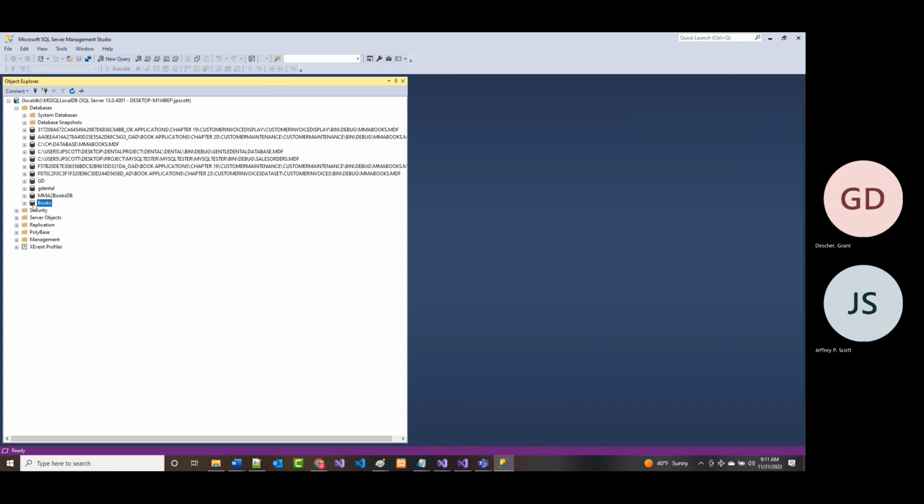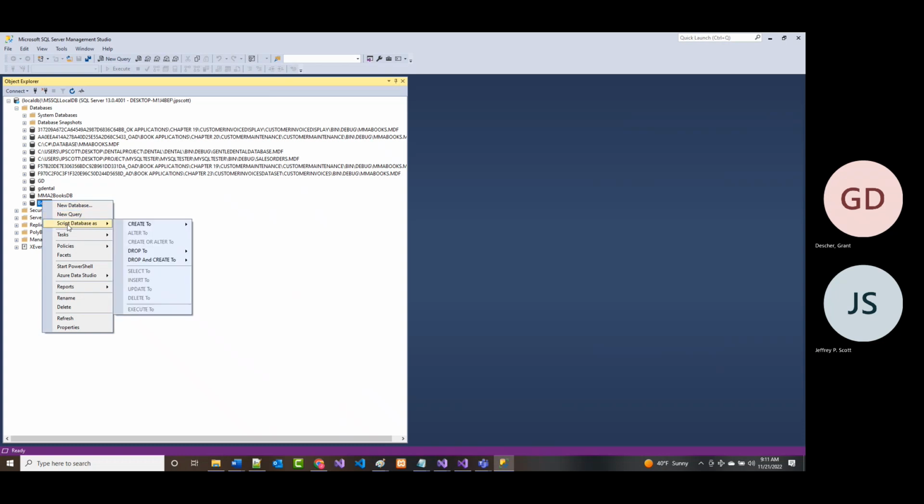Now I'm going to right mouse click on here because I don't know what options it's going to give me. All right. So it has in here, one of the things that we can do is we can do a script. We can do a new query. We can do a whole bunch of stuff in here. Well, I'm going to try to do this. Again, I don't know if it'll work or not. So I'm going to come in here and I'm going to click new query. But before I do,